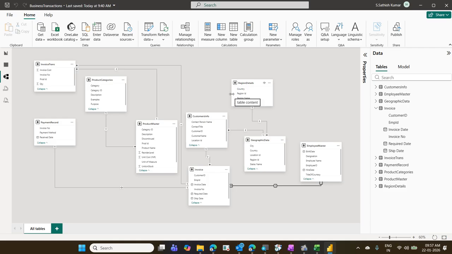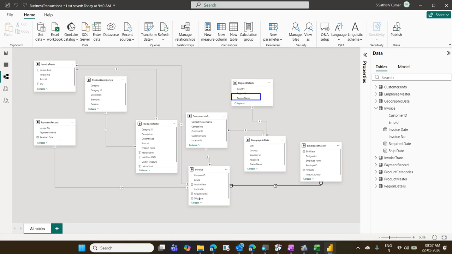Assume that I want to create a report. For example, let us take something: payment method wise, maybe cash payment, check payment. Payment method wise, I want to count how many invoices are there. Or I want to know region wise, what is the count of invoice number. Each region, what is the count of invoice number. The region name is available here. But the invoice number is available in some other table, like the invoice table, and it's not connected